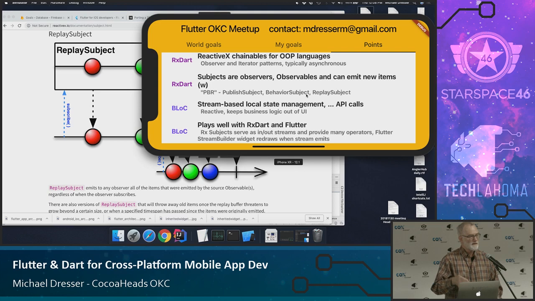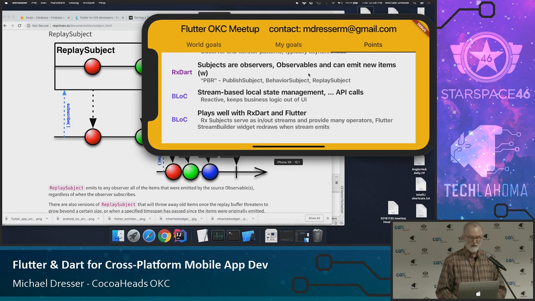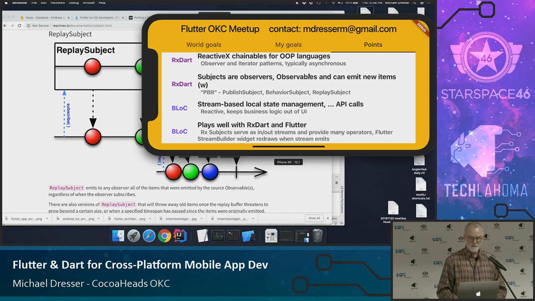And so BLoC is a way to do that. And it uses these streams, and I'm going to demonstrate all this in just a little bit, but I should point out that once you have the information in that BLoC, or a request to the BLoC for information, you can also move out of that local state and make API calls, connect to the network and so forth. And I'll show that again in a moment.